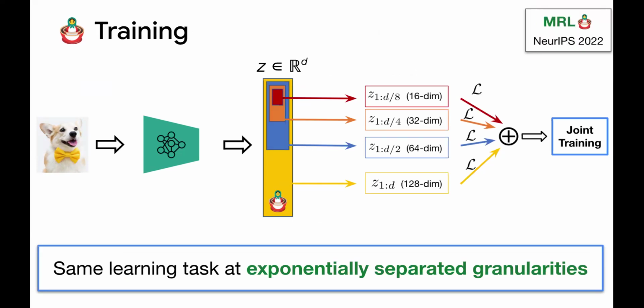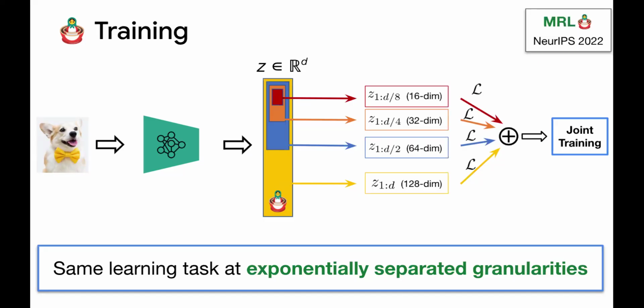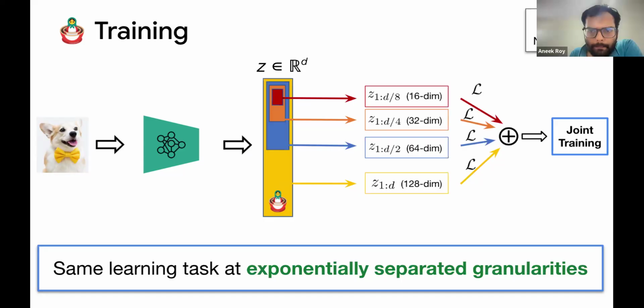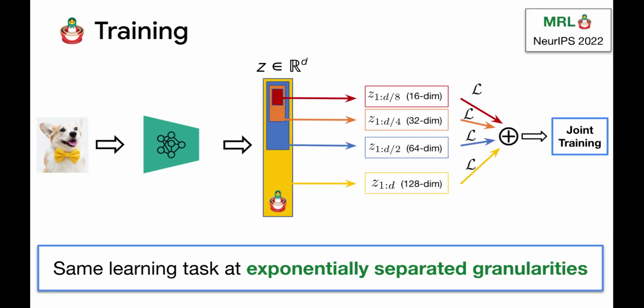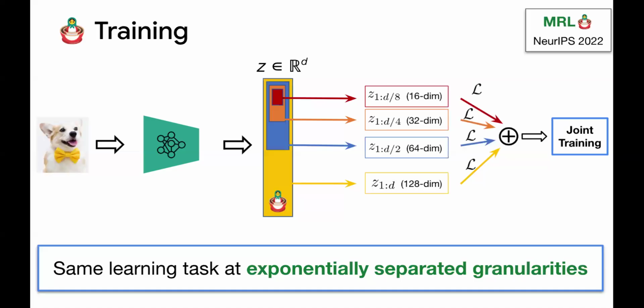We're not picking anything. We're just saying that for the first 16 we are going to apply the same loss as 128. Let's take a very concrete use case. You're doing CLIP training with contrastive learning. You have a 128 dimensional text embedding and a 128 dimensional image embedding. You're doing contrastive loss on 128 and 128. You're also going to do the same contrastive loss on the first 64 dimensions of both embeddings, and on the first 32 and the first 16. You add up all the losses and just do backpropagation.